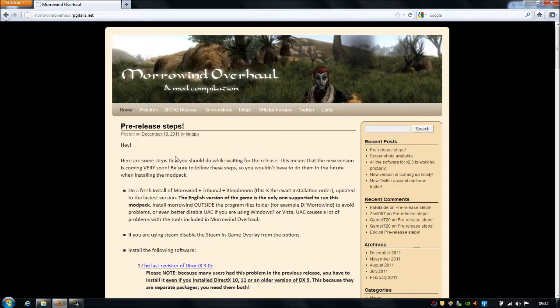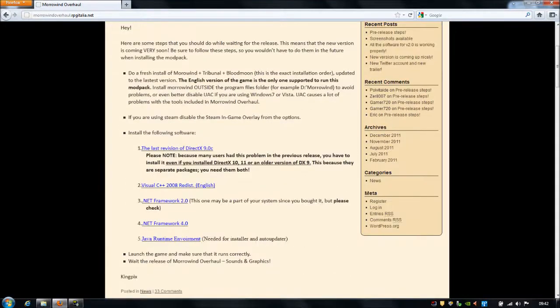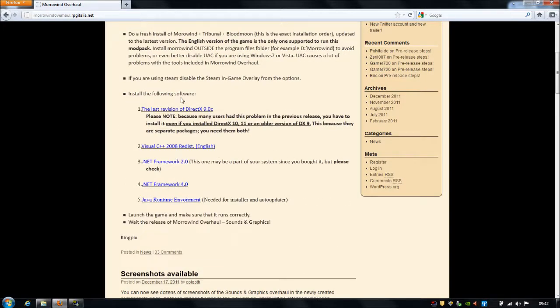I did want to talk about their pre-release steps here. They talk about how you need to reinstall Morrowind, Tribunal, and Blood Moon, and go ahead and download the final patch, which is 1.6.2, I think, something of that nature. It's on Bethesda's site, on the Elder Scrolls site. You can find the final Blood Moon patch. You do need to have all three, Morrowind, Tribunal, and Blood Moon installed. And